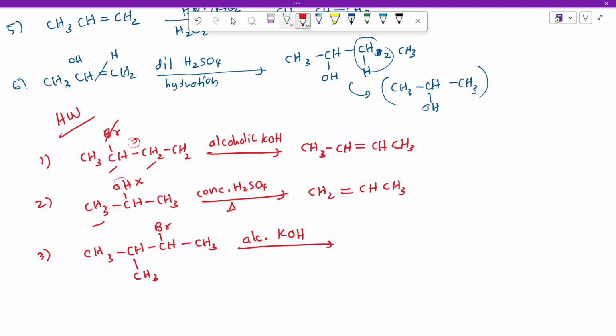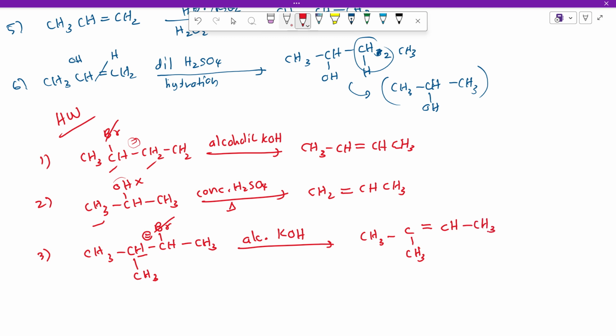HBr is removed, so Br removed from here, and another H atom is removed from somewhere. A double bond can be created in this position, thereby this hydrogen can be eliminated. That is CH3 carbon, CH3 double bond, CH,